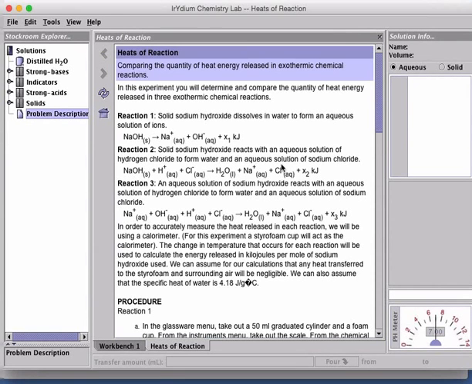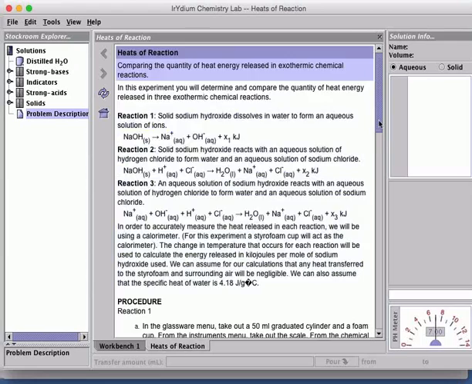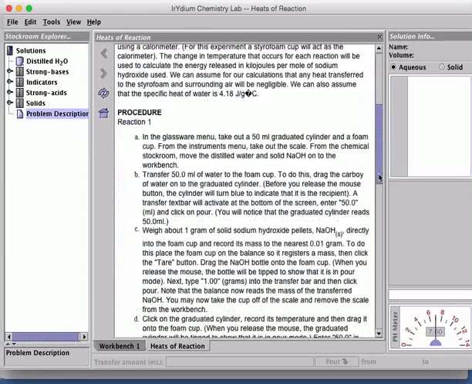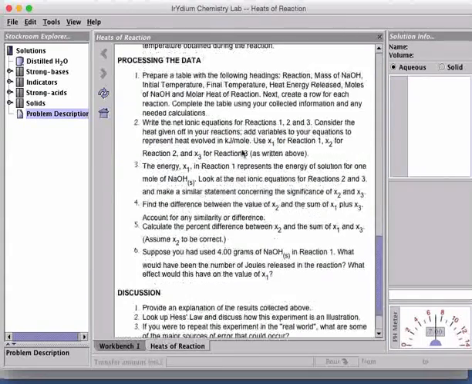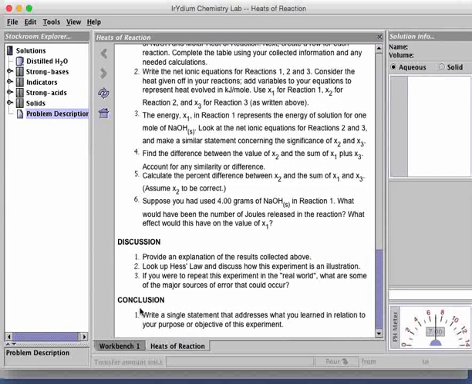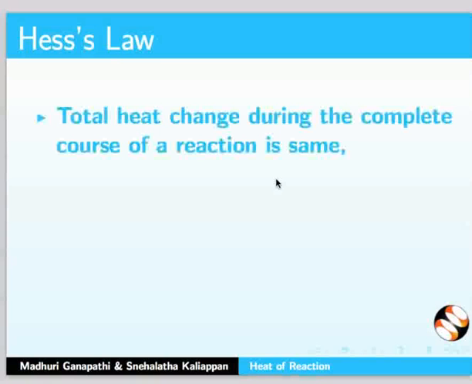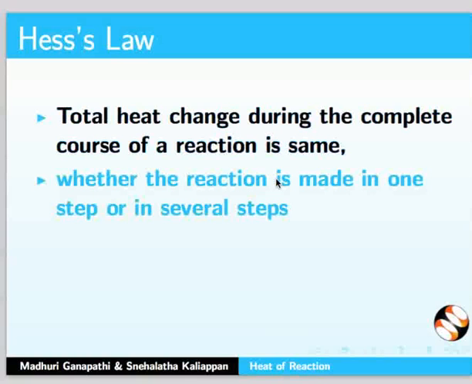The problem description here states that we have to determine and compare heat of reaction for three different reactions. Scroll down the page and read Procedure, Processing the Data, Discussion, and Conclusion. This experiment is an illustration of Hess law, which states that total heat change during the complete course of a reaction is same whether the reaction is made in one step or in several steps.